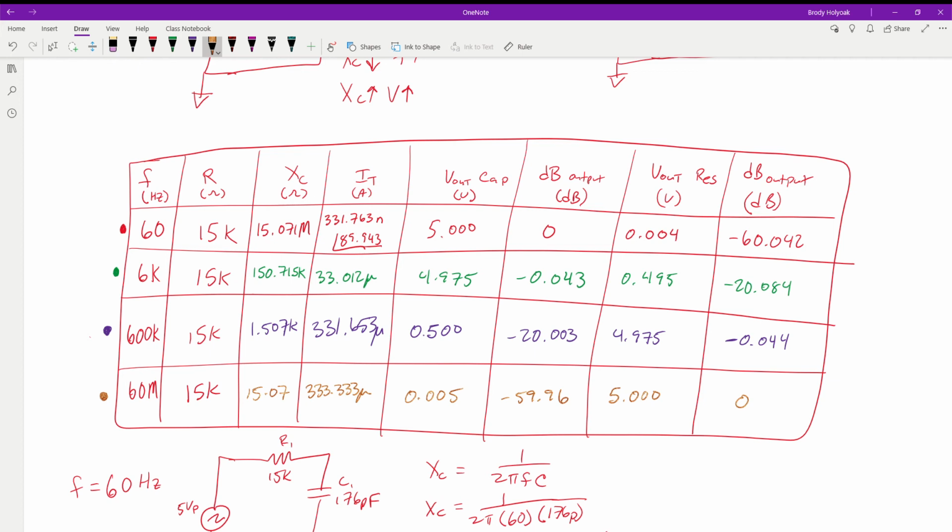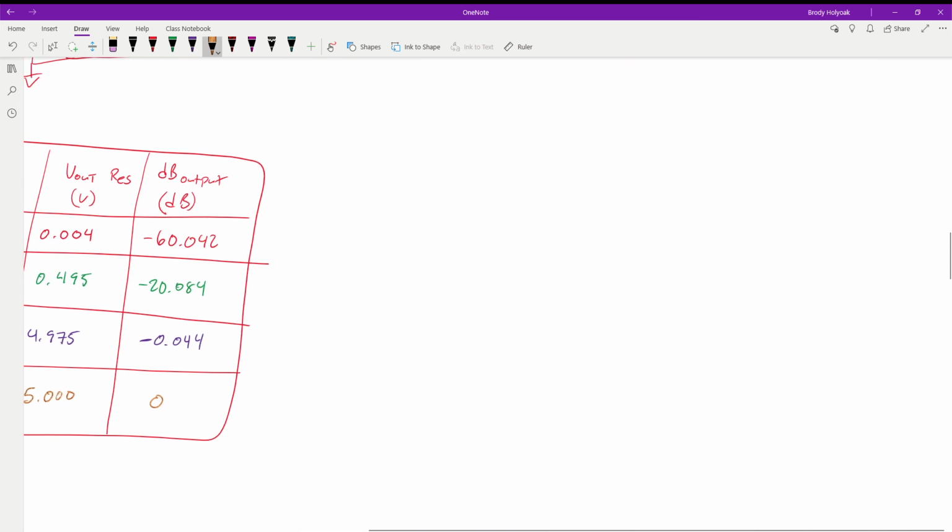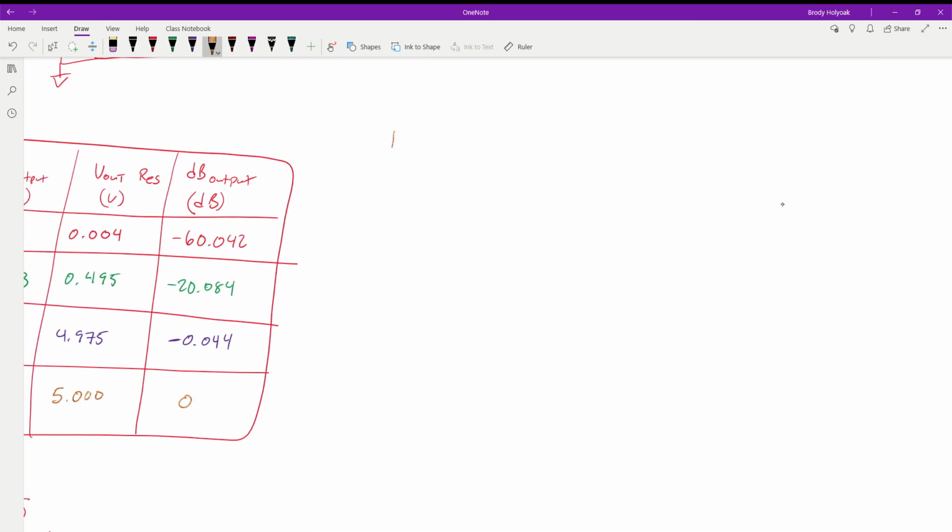Okay, so the next thing we're going to do is graph this information. We're going to have frequency on the bottom, and voltage or amplitude on the vertical. So horizontal will be frequency, vertical will be our output, the voltage drop across that component. Now we're going to see what happens based on the data that we got. So first thing we want to do, and I'm going to slide this over to the side just so we can go back and forth, is we have our graph.